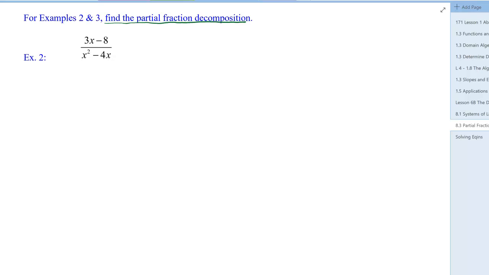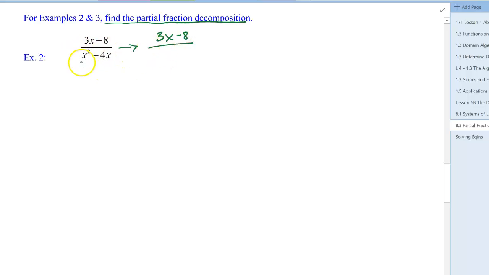Lesson 8, Example 2. In this example, we are asked to decompose this given rational expression. But notice that the denominator has not been factored. So we are going to need to factor it first. So we have a little preliminary work. So if we factor the denominator,